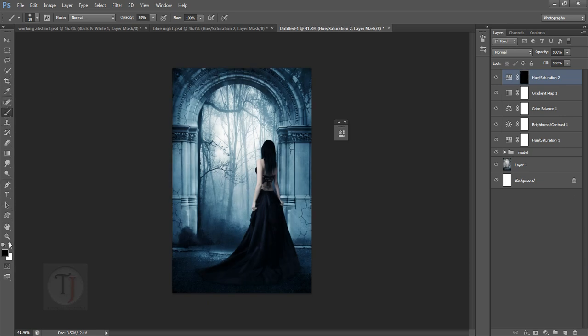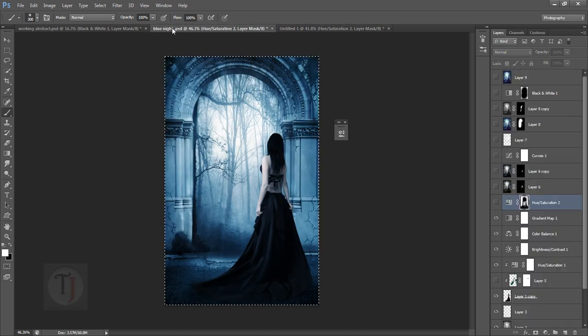And then grab your brush tool and make sure you have white color as your foreground, and I'm gonna make opacity all the way to 100, make it really big, and I'm gonna paint on these extremely bright pillars. I mean, they are like super bright, so I'm gonna make them a little darker, so it also helps to create some depth in the image, as you can see here. But they are like super strong, so I'm gonna turn down opacity a bit. See, let me turn it on. As you can see here,